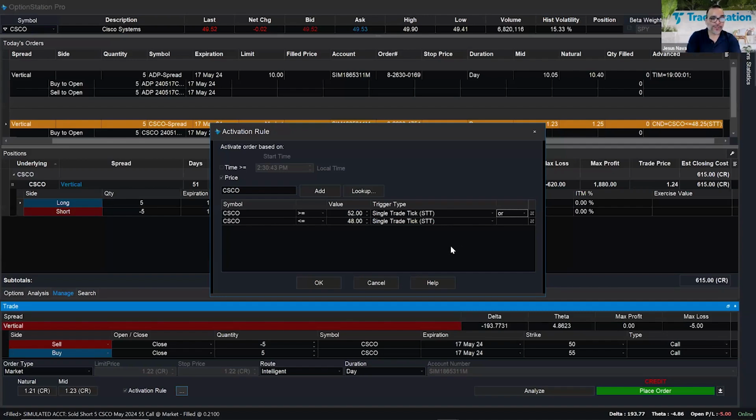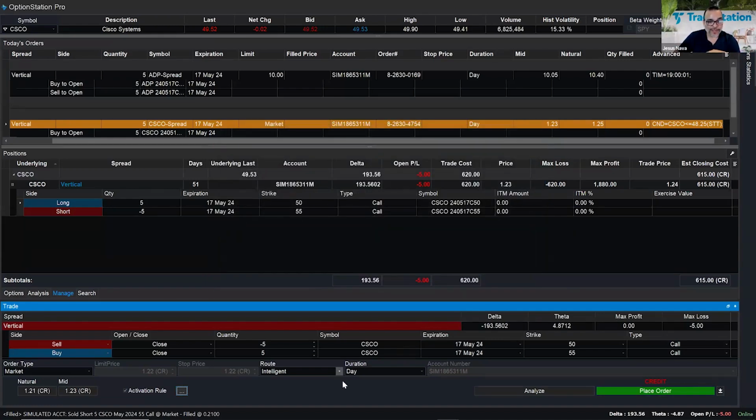So now we have the two conditions in place. If Cisco goes above or goes to 52, it's going to trigger my trade. But if it drops to 48, it's going to trigger my trade also. So I have two exits at two different levels, and I'm going to be able to manage my trade without intervention. If I click OK here, one thing that I would do